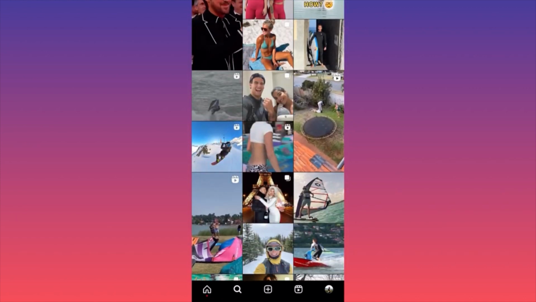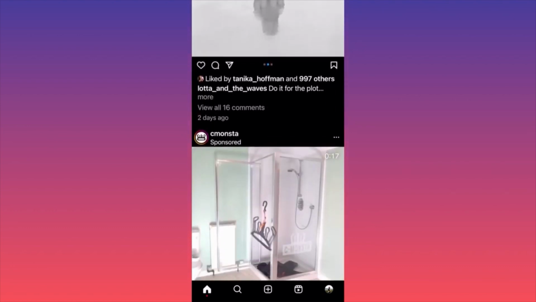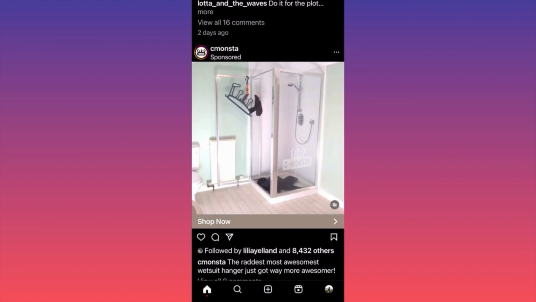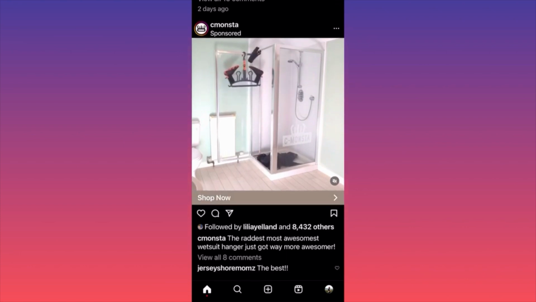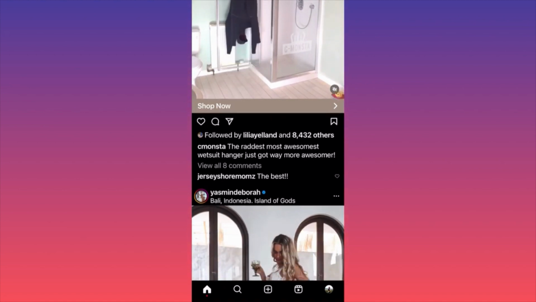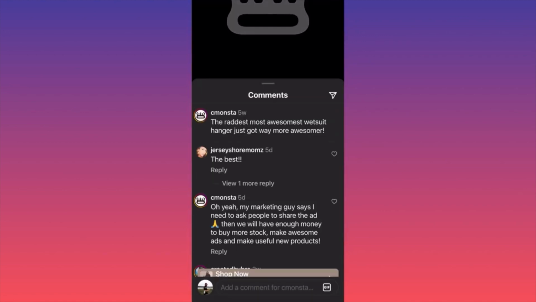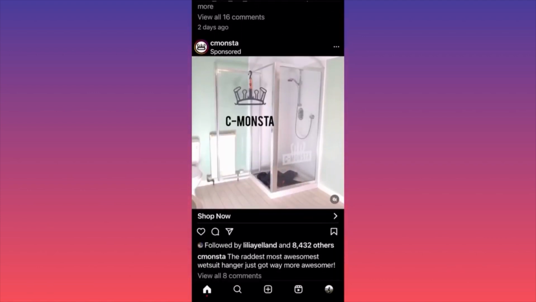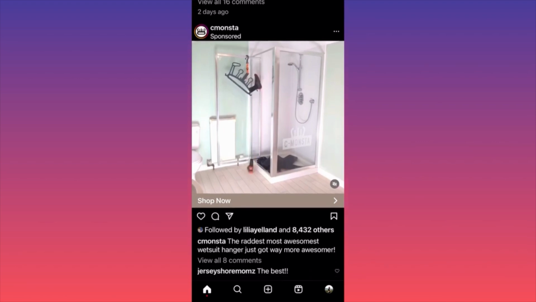Let's go over here and let's look for sponsored posts. So this sponsored post over here is popping in between. Let's jump into the meta data of the post. So they don't have any hashtags. They do not have any hashtags. They do not have any metadata description for search engine optimization. You might be thinking, but they're running an ad.